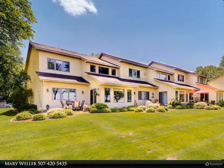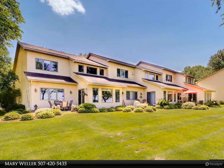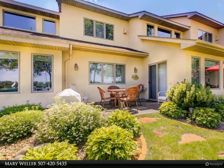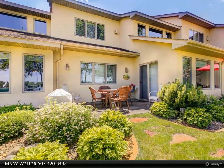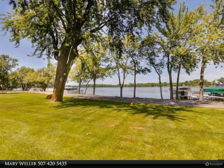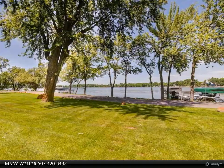A paradise setting on Lake Tetonka comes with this well-maintained townhome. Whether you're soaking up outdoors on the patio or sitting indoors, the views of the lake are all around. Sit back and enjoy the simple pleasures of lake life while the well-managed association takes care of installing and taking